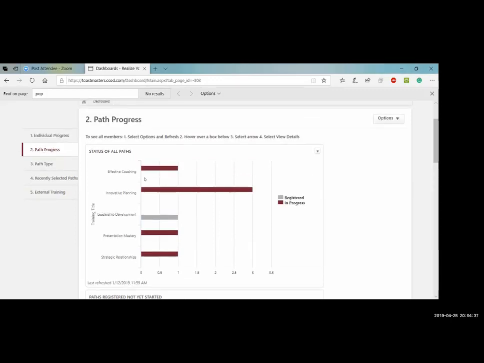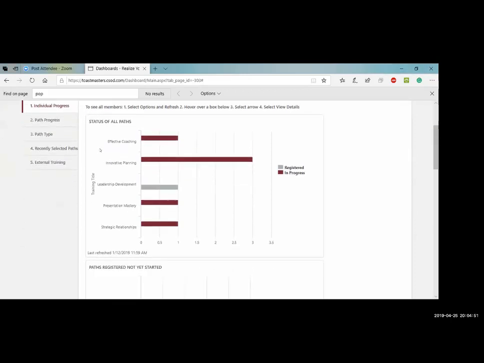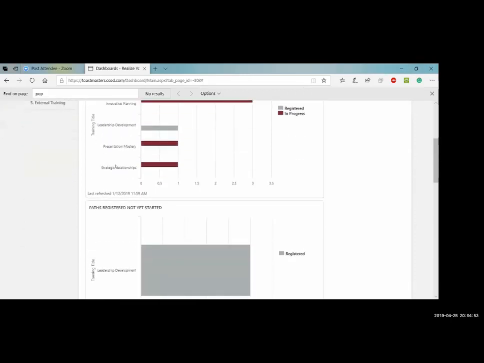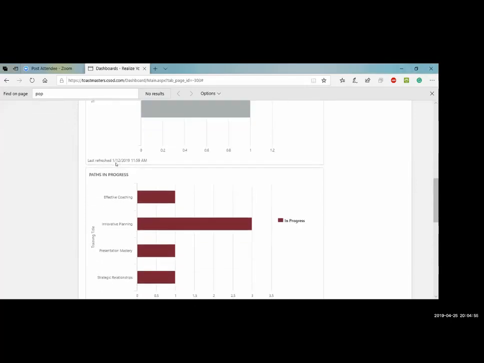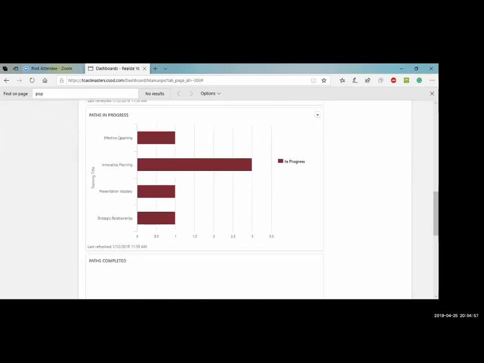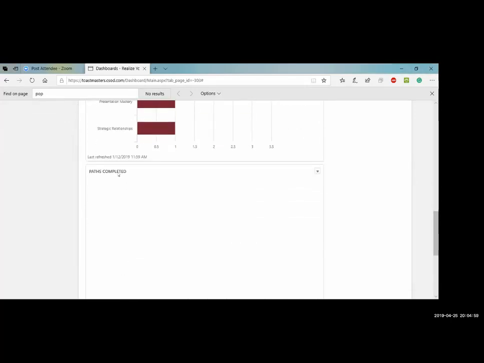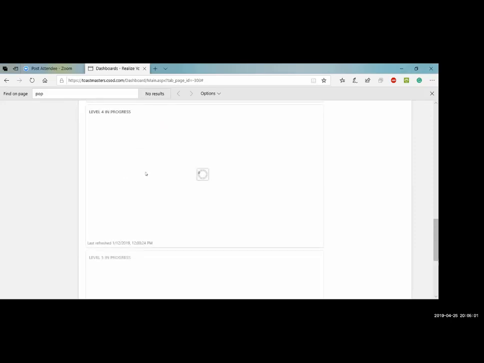Pathway progress, these are the paths that are activated within the club. You can click on individual progress, and from there, you'll be able to see